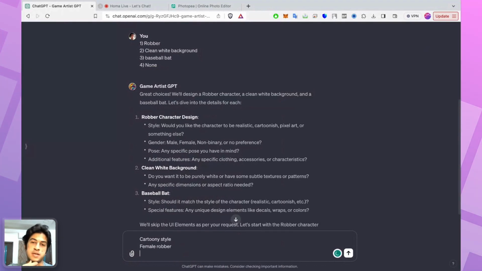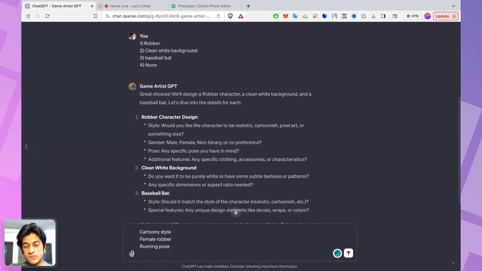The specific pose, I think it would be cool to have like a running pose because he's a robber and they're always running from the cops. For clothing, let's try something different. Let's try like a Joker clown outfit.